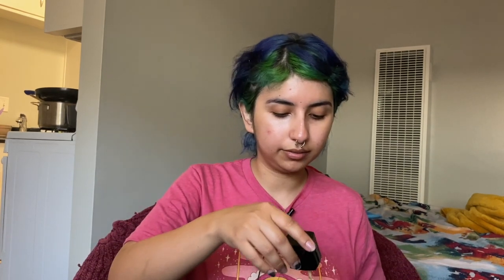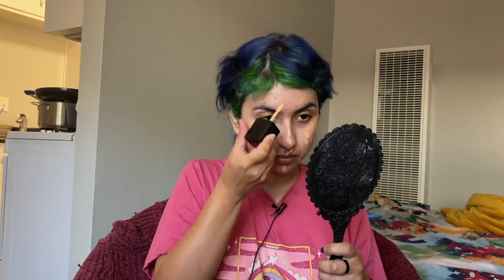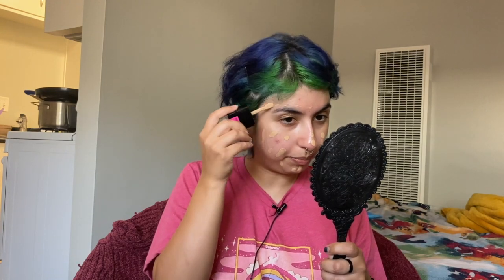And honestly, with this foundation, I feel like less is better. So this is typically how I put it. I barely put any on my